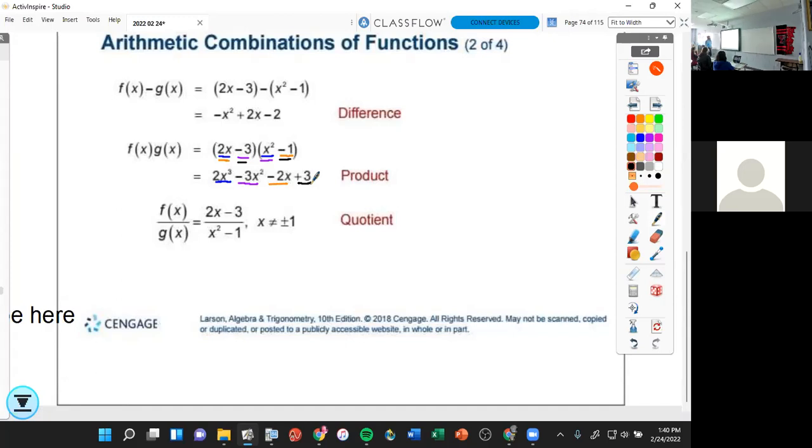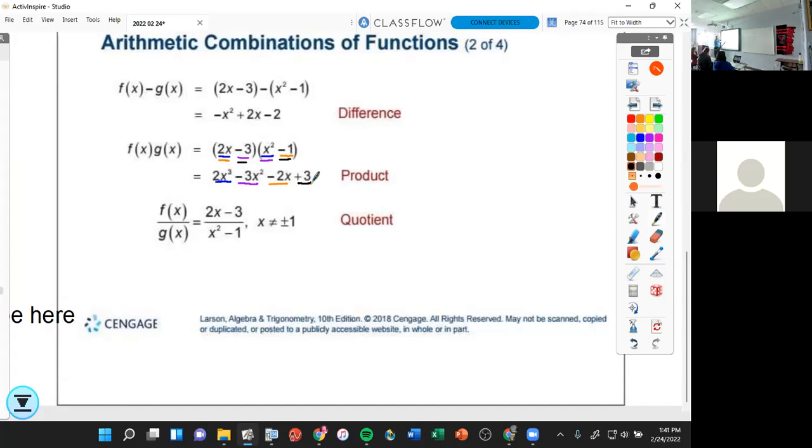Quotient means divide. f of x divided by g of x. Well, f of x is 2x minus 3 divided by g of x, which is x squared minus 1. You can't divide by 0. So because I have a variable in the denominator, I must specify, hey, here's the answer. However,